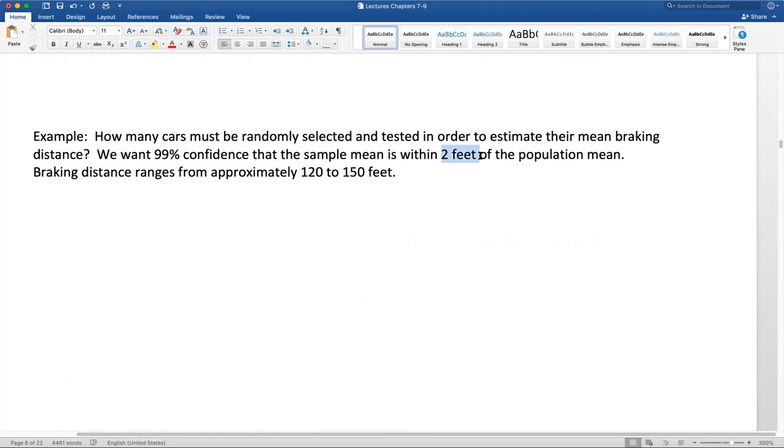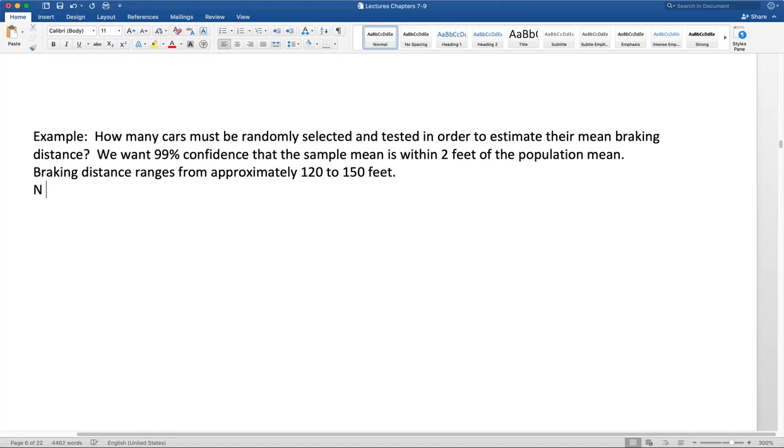This is the margin of error, right? And the braking distances range from approximately 120 to 150. So we consider that 120 is mu minus 2 sigma, and 150 is mu plus 2 sigma. So 150 minus 120, divided by 4, is going to be an approximation, an estimate of the population standard deviation sigma. Okay, so n is going to be